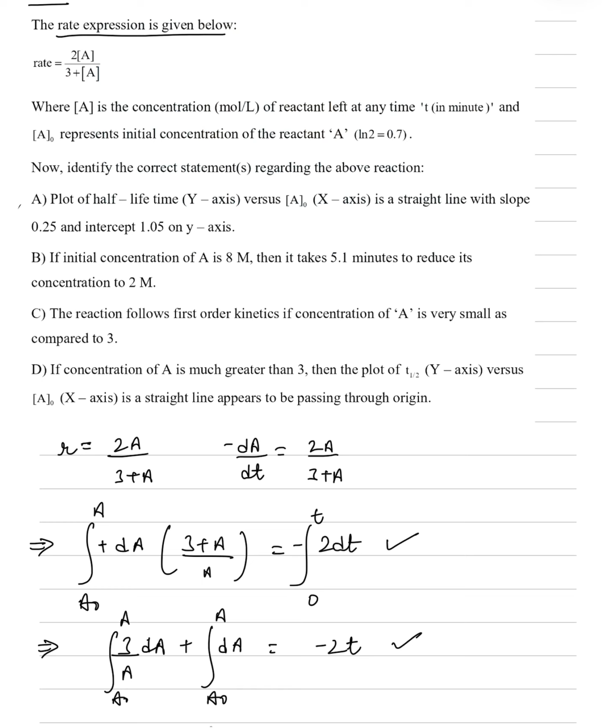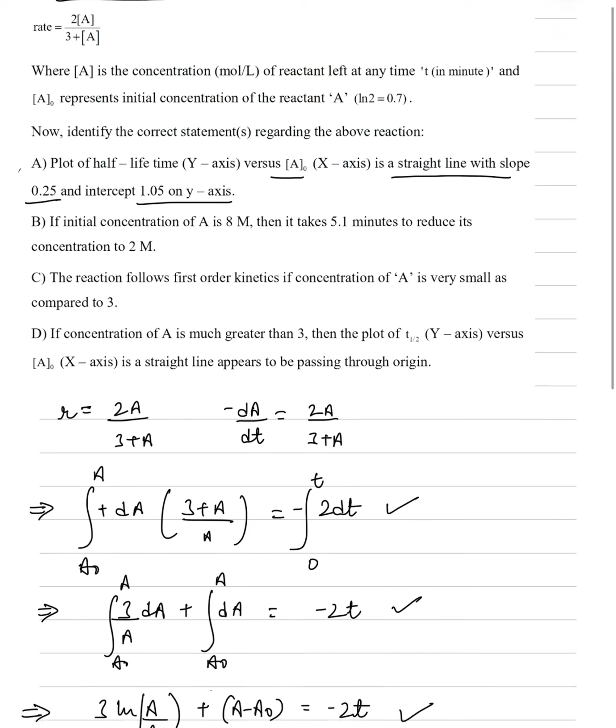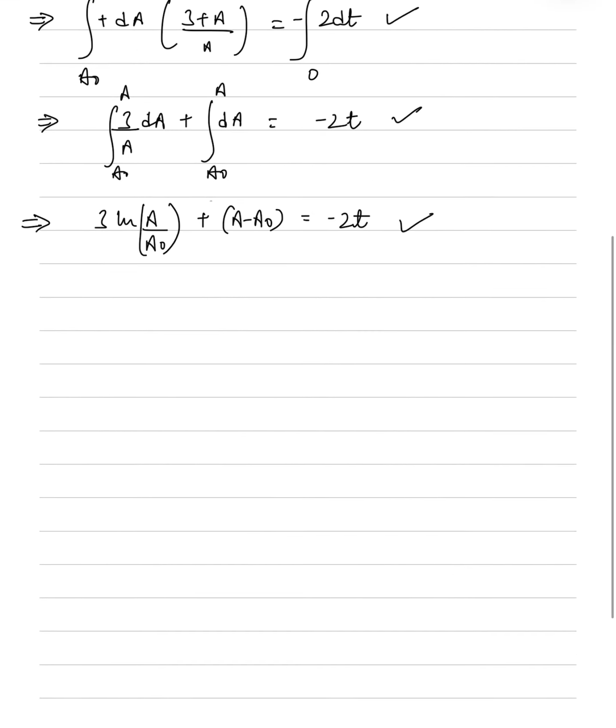Now the first point says the plot of half lifetime versus A naught is a straight line with a slope of 0.25 and an intercept of 1.05 on the y-axis. So what is half lifetime? Half lifetime is the time for option A. Let's solve it. Half life is the time